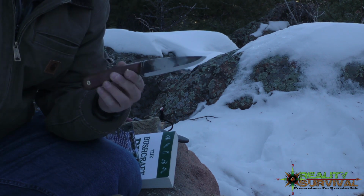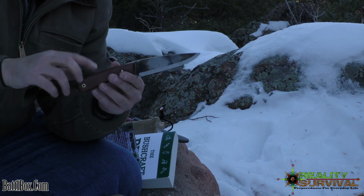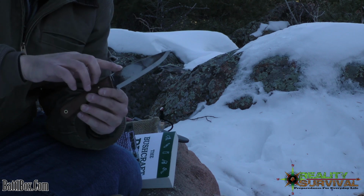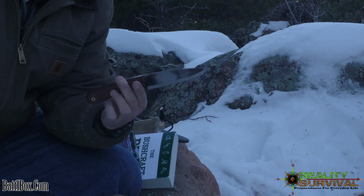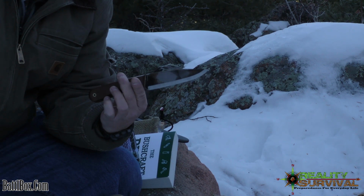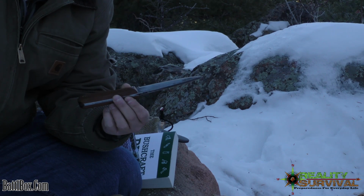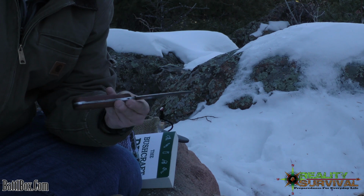Anyway, this is complete right now, but it actually comes as a kit where you get the two handle scales, I think they're walnut, and then the two pins and a knife blank. And this is a sweet little knife, man. If I had to guess, I'd say it's got to be at least 3/16 thick, and then it's got a Scandinavian grind on it, and really just a nice